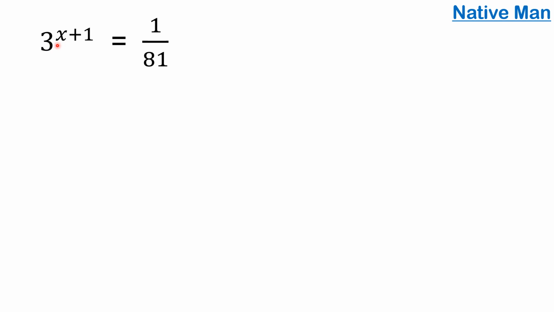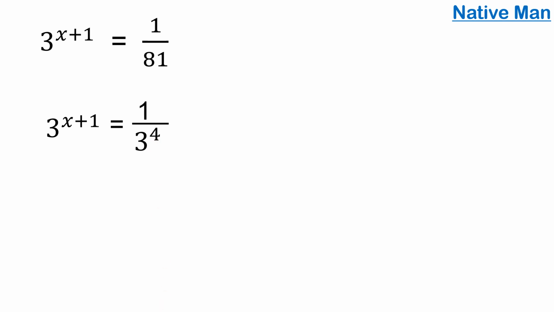So therefore, to solve for the variable x in our equation, we need to rewrite 81 in exponential form, because this is 1 over 81. So how? We just copy first 3 raised to x plus 1, is equal to 1 over 81, which can be written as 3 raised to the fourth power. Notice here, the base is 3 and we have the base 3 here. How about this one? So we are going to rewrite 1 over 3 raised to the fourth power as a whole